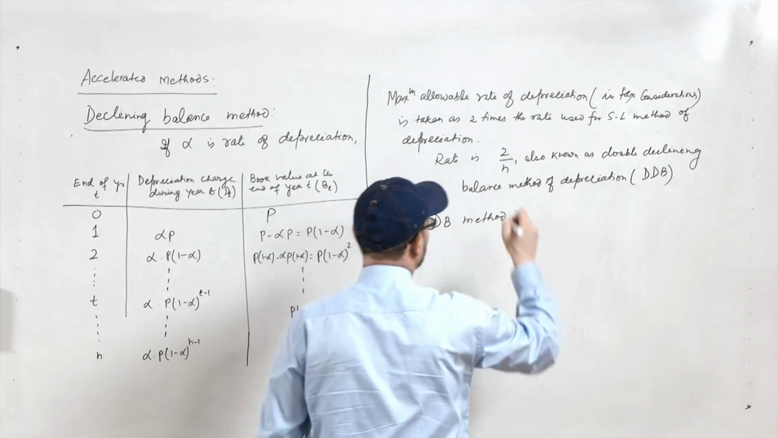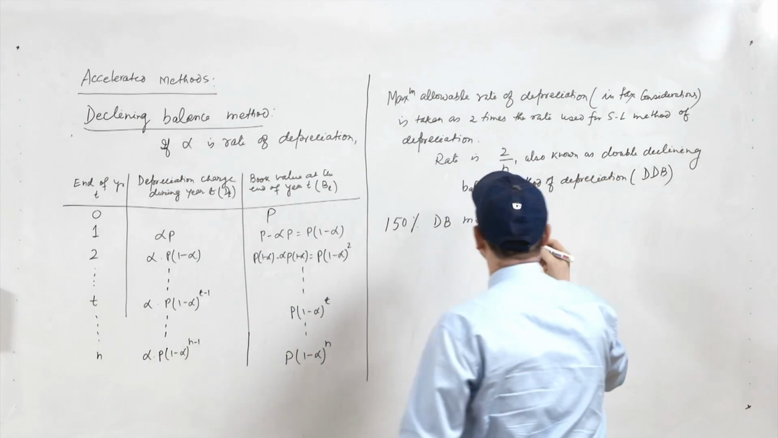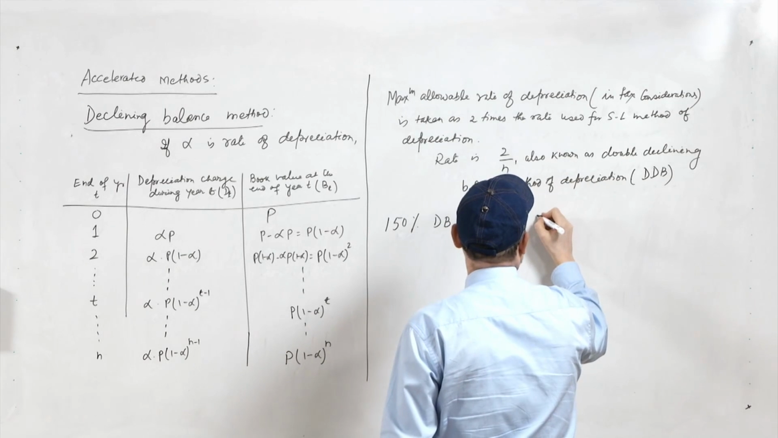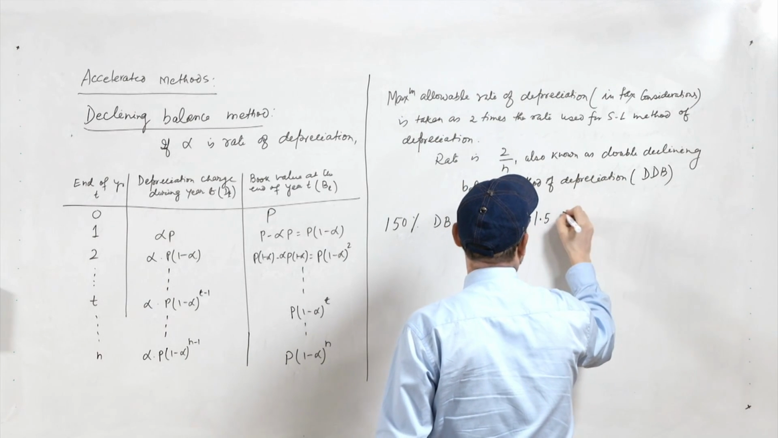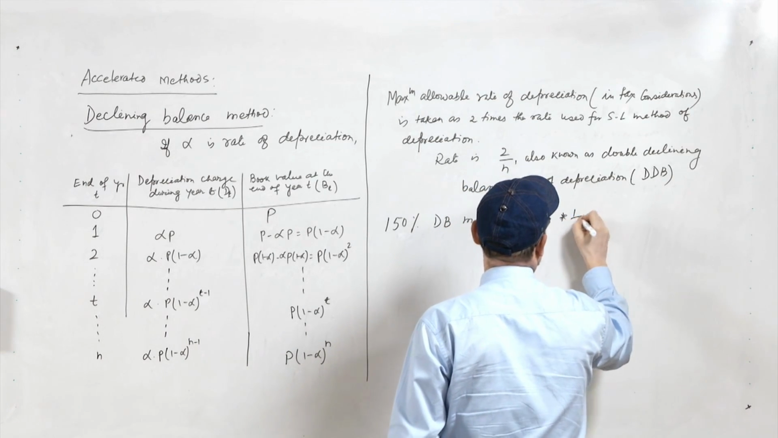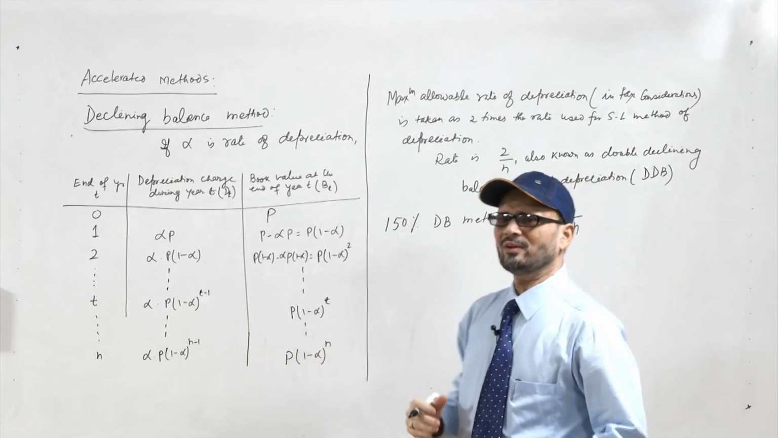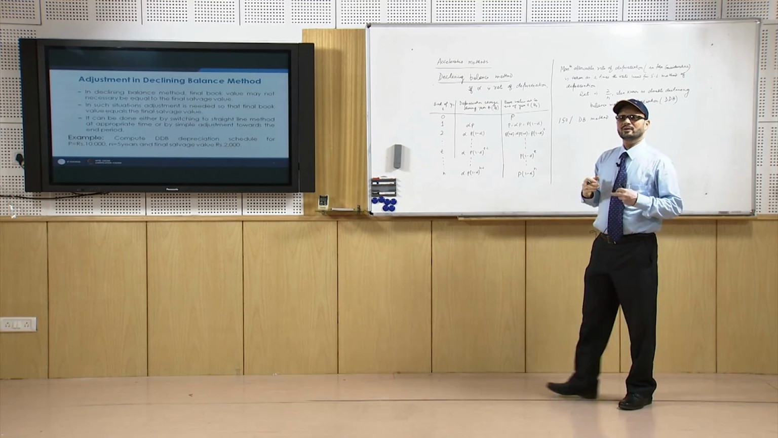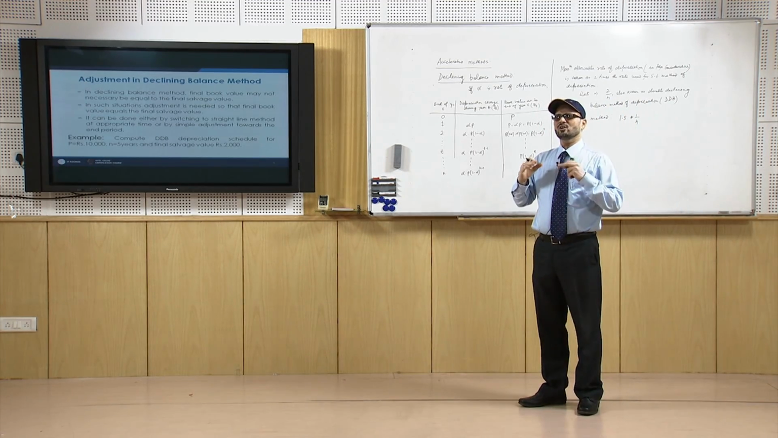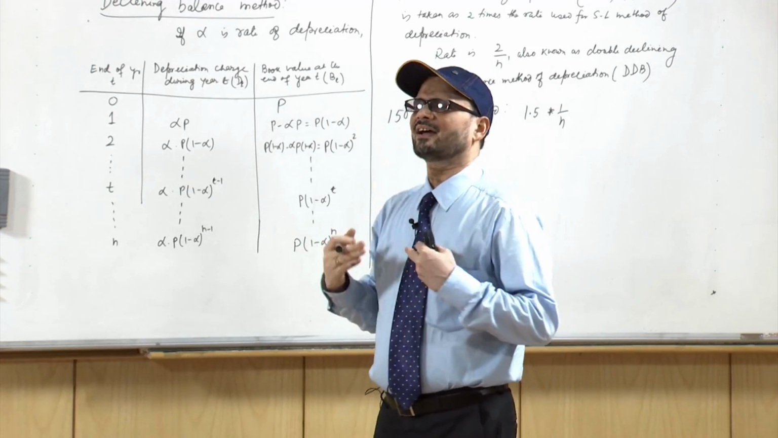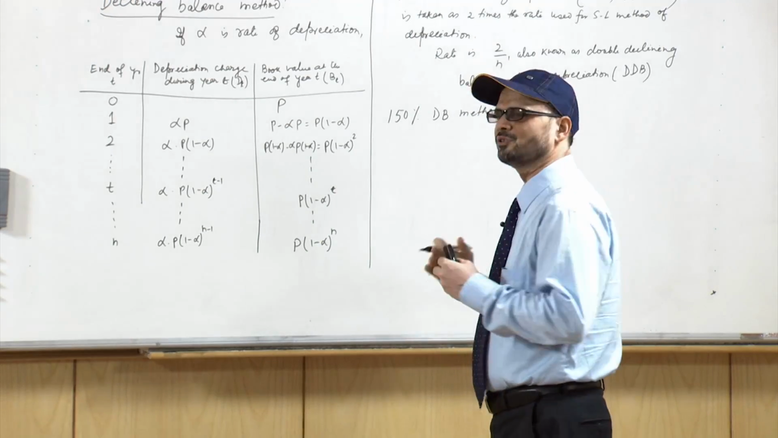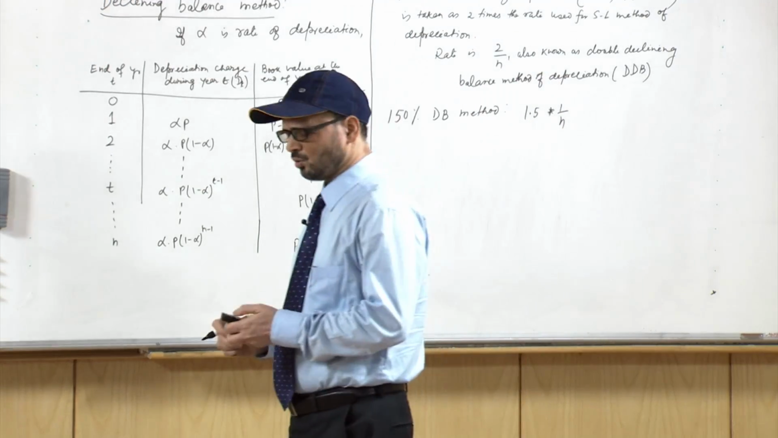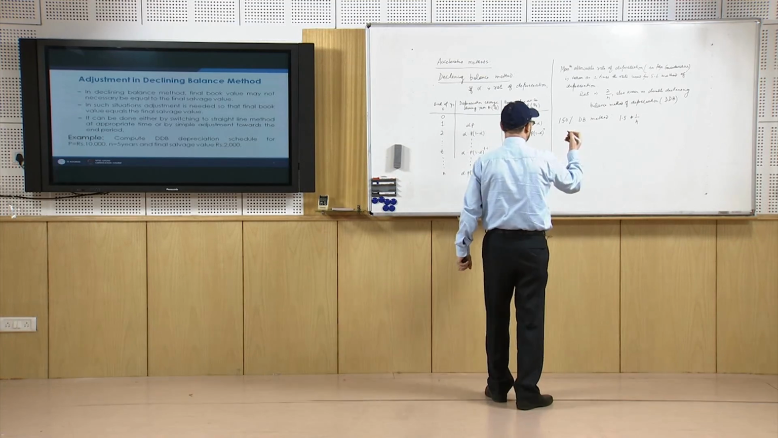This is nothing but 1.5 times 1 by n. So, when we take the depreciation rate as 1.5 times 1 by n, this is basically known as the 150% declining balance method of depreciation. Now, what we are discussing, that suppose